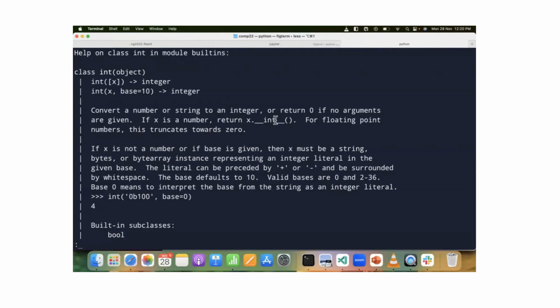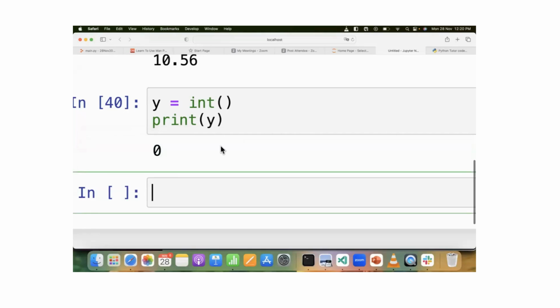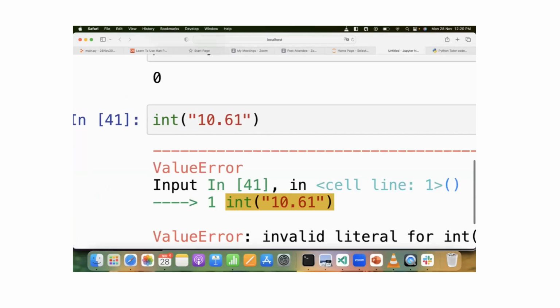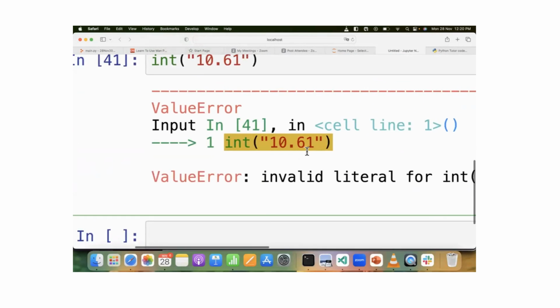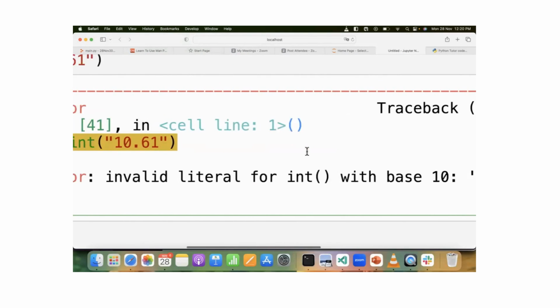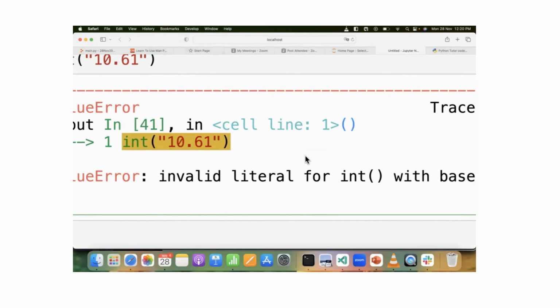If x is a number, it returns the integer of it. For floating point numbers, this truncates towards 0, right? So what do you think this thing means? What do you think truncates towards 0 means? Let's just try this out. It says that for floating point numbers, it truncates to 0. I have this function int. Within string, I write 10.61. Invalid literal for int with base 10, right? But what have we done wrong? The documentation said that for floating point, we'll get